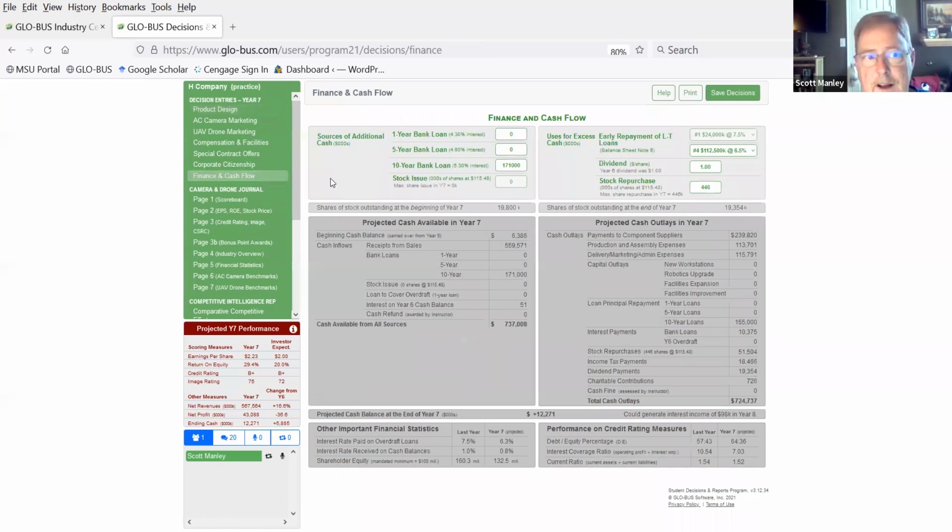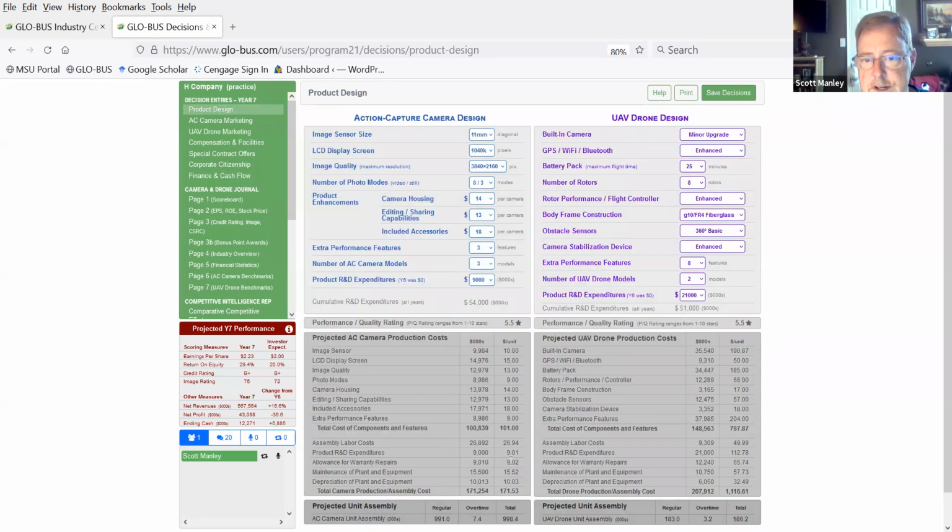So after having made all of these decisions, I want to run through, make sure that everything looks good, to see if maybe I could drop out $1 anywhere. Oh, I was able to take my included accessories from 18 to 17 without losing PQ. I can't go to 16, but what I might do, just to be consistent, I like even numbers. 14, 14, and 16 gives me the 5.5.